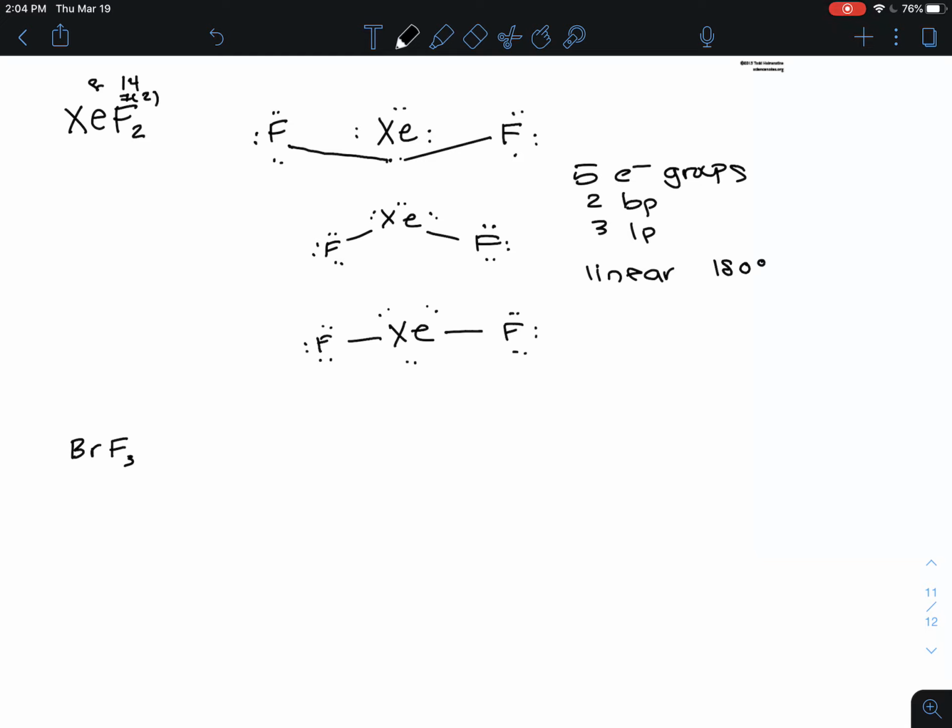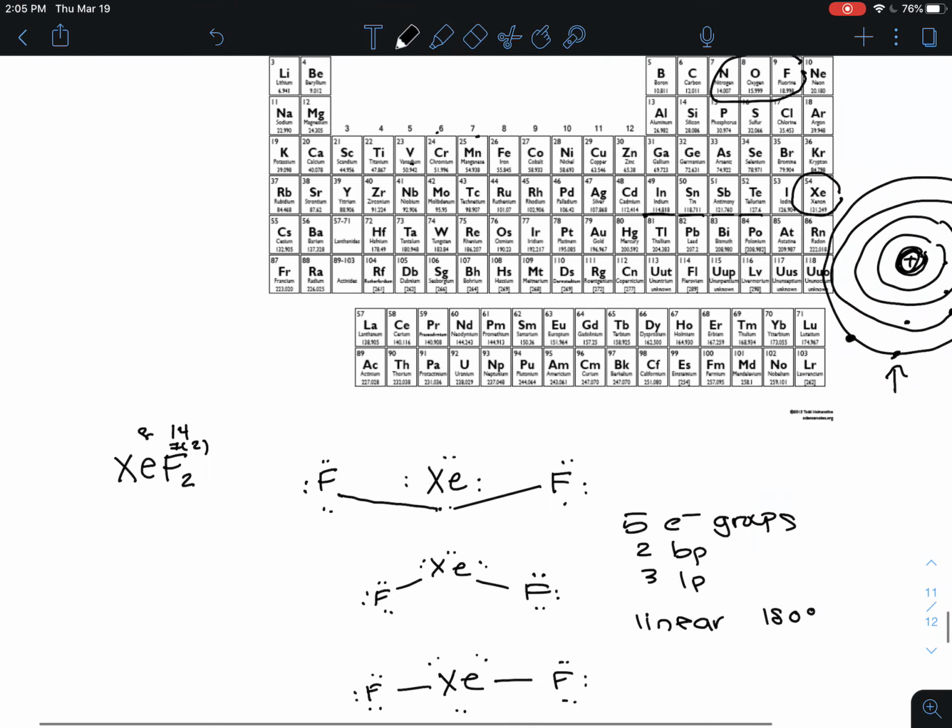Alrighty, let's do Bromine Trifluoride. So how many total electrons do we have? 7 for bromine, and then 3 times 7 for fluorine, 21, plus 7, that's 28. Now, bromine and fluorine can both bond the same amount once, but there are 3 fluorines and